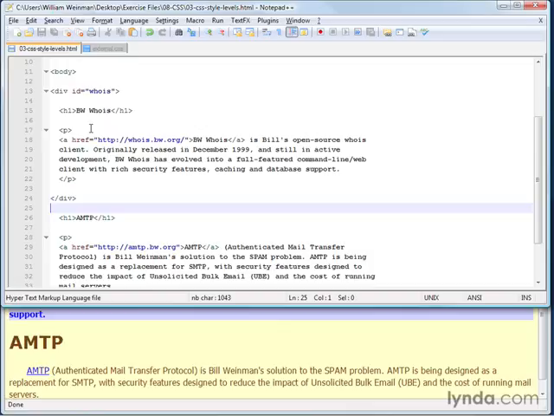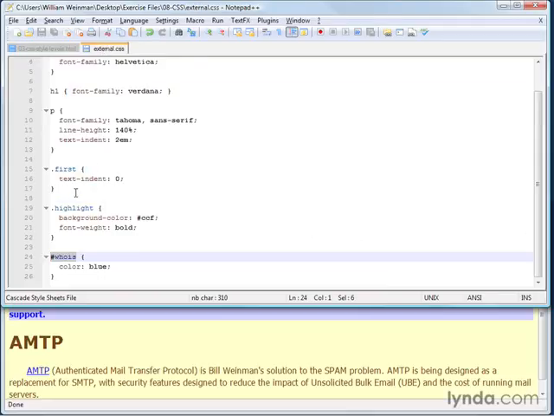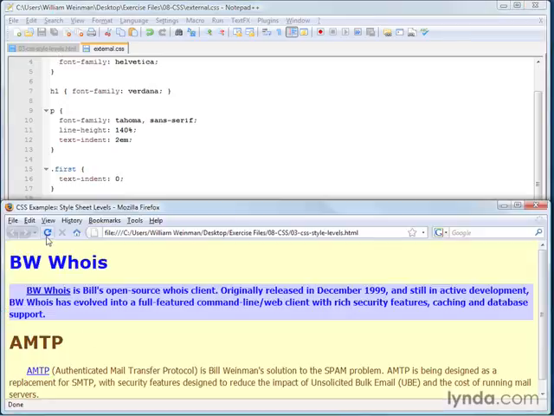You might have like a main article, you might have a sidebar, you might have something else, and you can separate those sections of the document with ID selectors. And that allows you to apply a style to that whole section of the document. We'll see a number of examples of this when we look at building a website in the next chapter. But let's just take a look at how this works for now. We've set up this ID selector with the name of Whois. And here it is, ID Whois, with the ID selector in the CSS. We'll go ahead and reload the document.